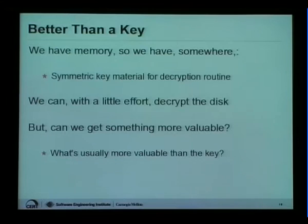Well, if you have memory, the good news is you have the key. You have the key that BitLocker uses to encrypt the drive. It's somewhere in memory. It'll be in kernel pool memory, actually. And you can extract it and decrypt the drive. Yay! But you can do perhaps something a little more, or you could have, and we did a year ago,